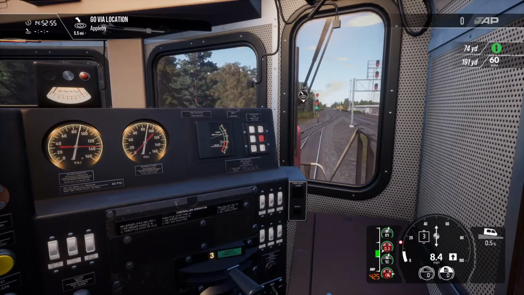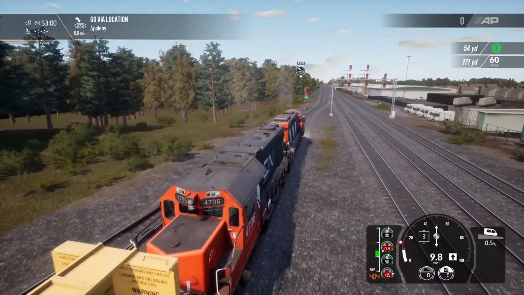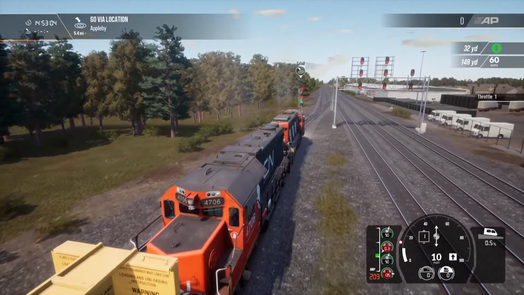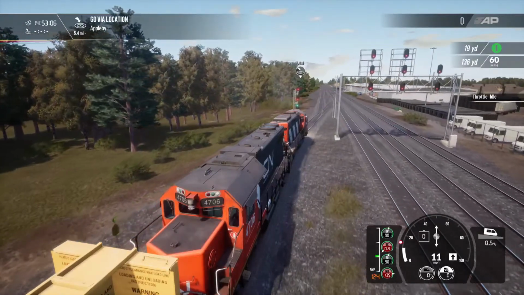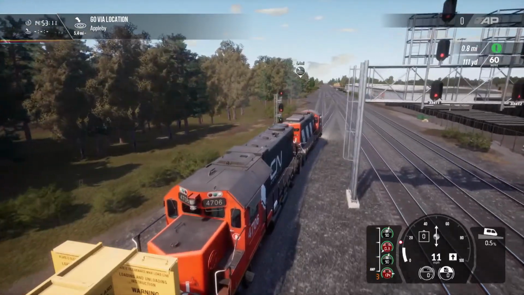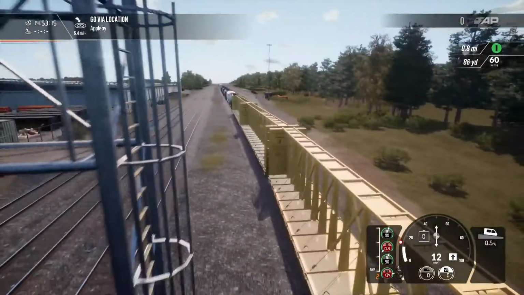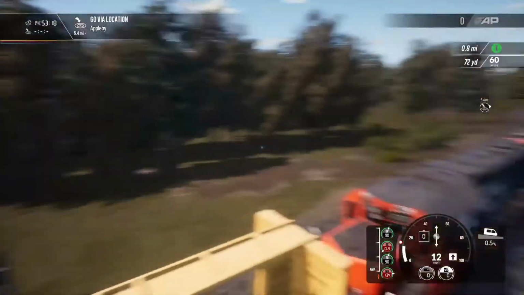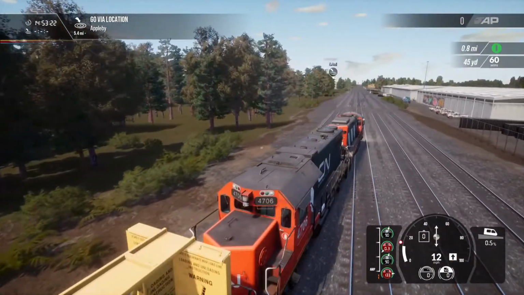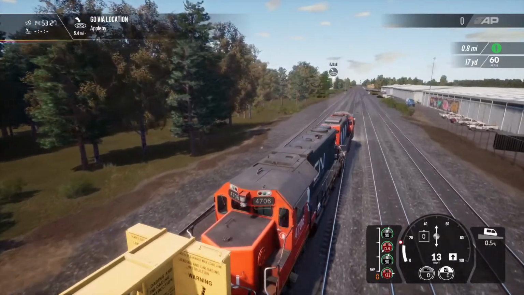Go via Appleby. I don't think there'd be lots of going 100 mile an hour in this one. According to this, I'm going downhill, so I don't know how long my train is. So I'm just looking here. I might need a wee click of the brakes and